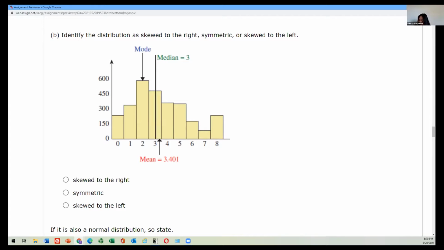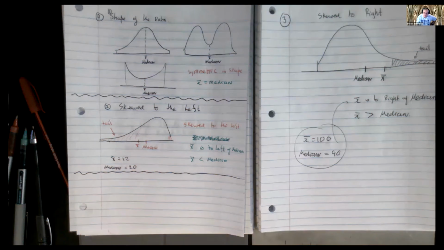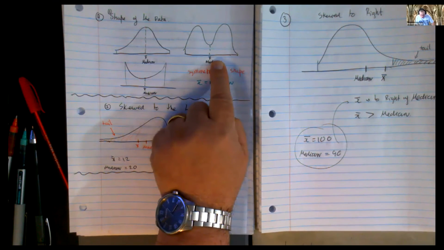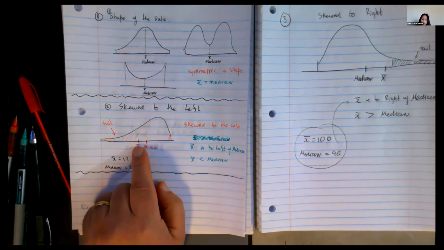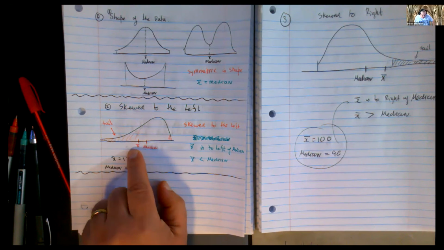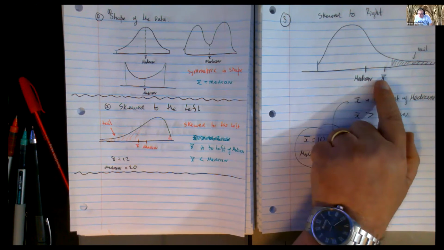Let me go back to the picture and see if I can make it a bit clearer. If the mean and median are both equal, it's symmetric. That's the easy one. If the mean is to the left, by that I mean the mean is here, to the left of the two, it's skewed left. And if the mean is to the right,